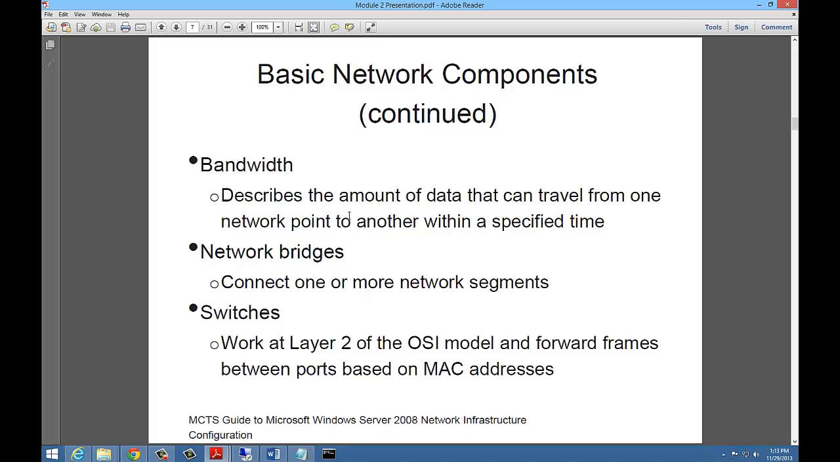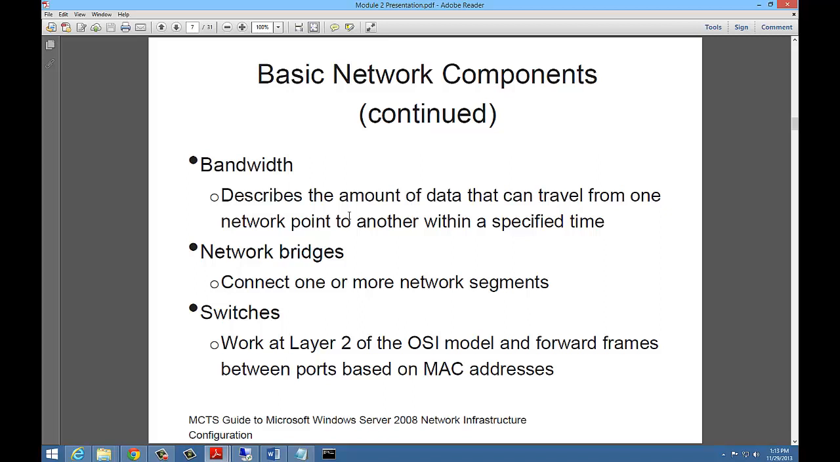Network bridges connect one or more network segments. These are things that, again, are not used as much, similar to hubs. They're not used as much as they were at one time, because switches can do both the job of a bridge and a hub, and can do it more efficiently. So if you wanted to connect one network segment with another, you can do that with a bridge. I know that was very popular up until about 10, 12 years ago, when switches would do the job